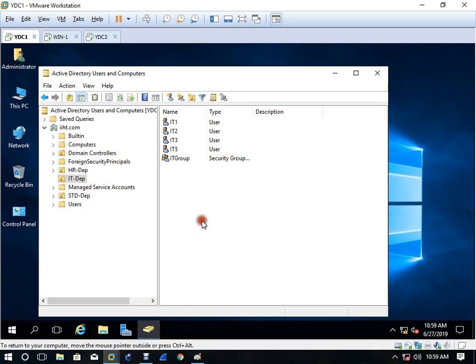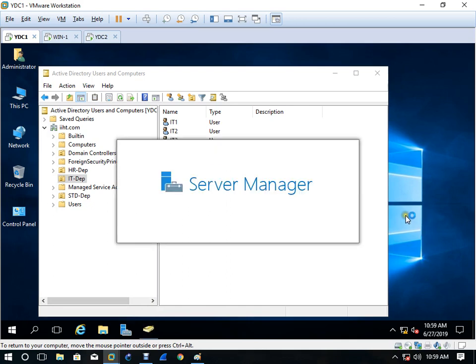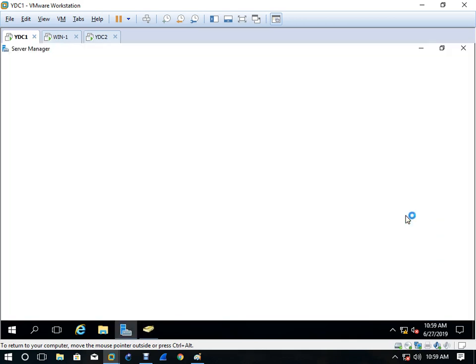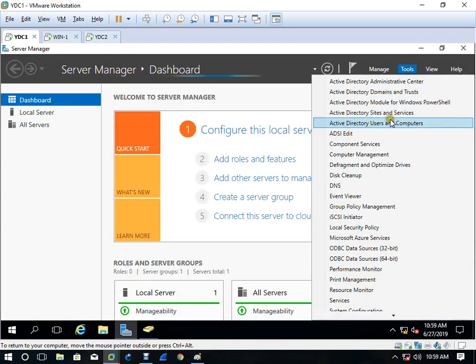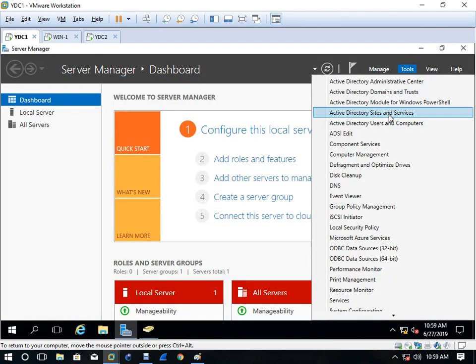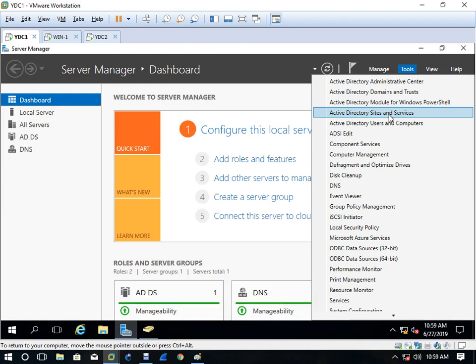Okay, now what you have to do, you have to come here to the domain controller. But this is in a next chapter, I'm just giving you some introduction. Click on tools. Can you see here Active Directory Sites and Services? Because that is my branch. A branch server is known as a site server, right?